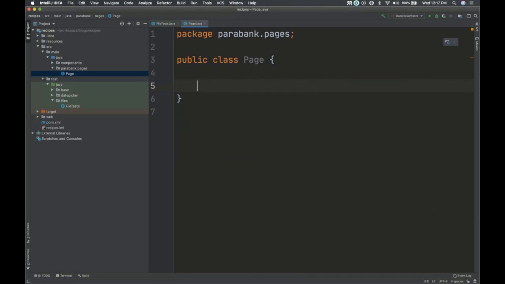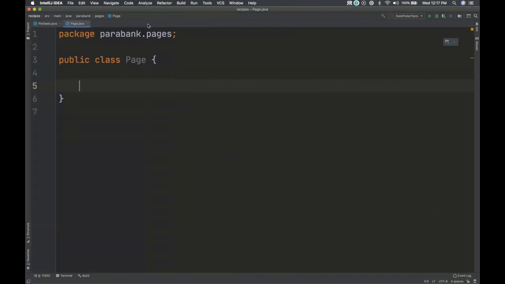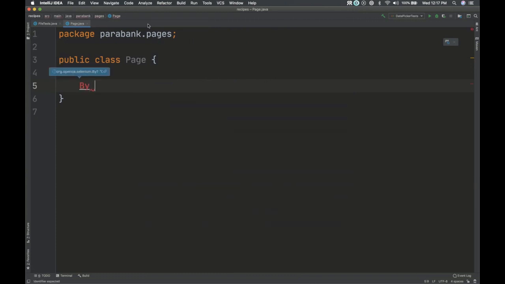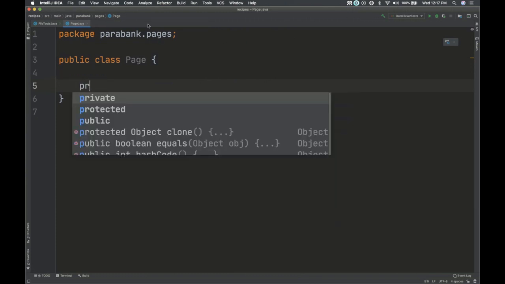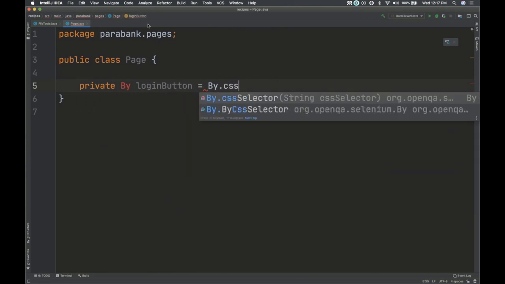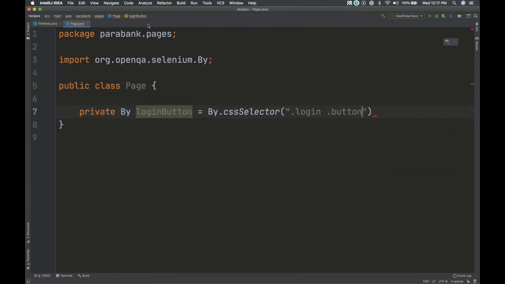Okay, so let's go ahead and make these things here. So let's make our By login button. And this is a CSS selector. And then the other two were by name, right?